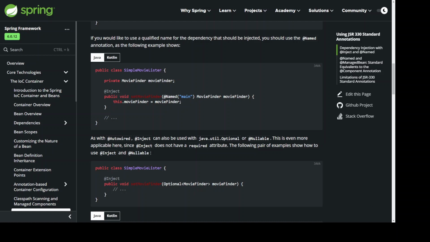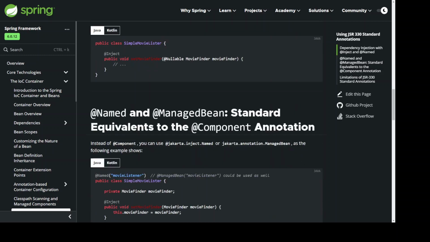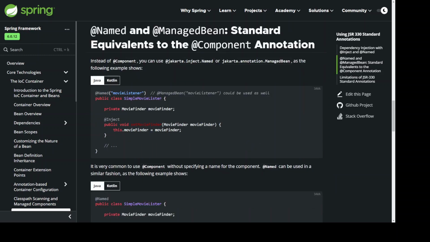As with @Autowired, @Inject can also be used with java.util.Optional or @Nullable. This is even more applicable here, since @Inject does not have a required attribute. The following pair of examples show how to use @Inject and @Nullable. public class SimpleMovieLister { @Inject public void setMovieFinder(Optional<MovieFinder> movieFinder) { } } public class SimpleMovieLister { @Inject public void setMovieFinder(@Nullable MovieFinder movieFinder) { } }